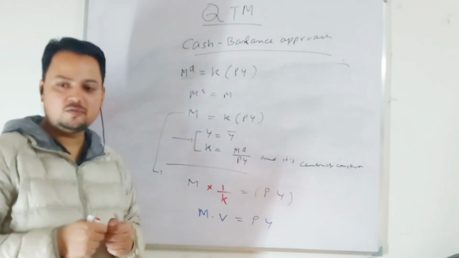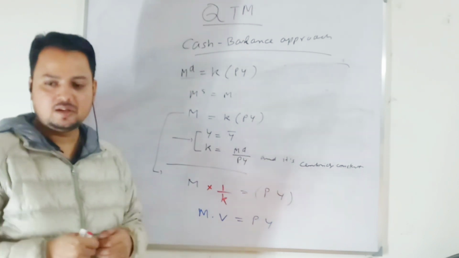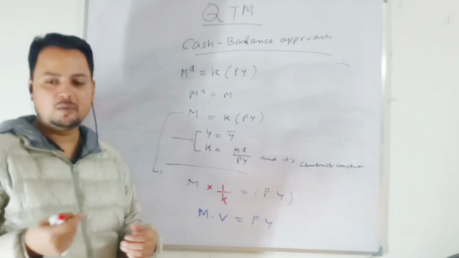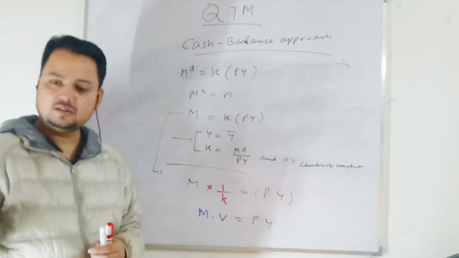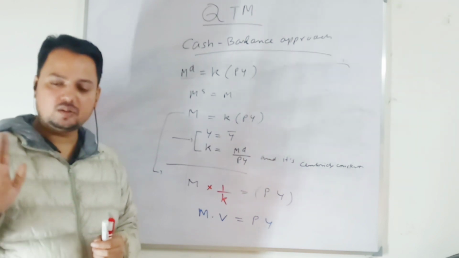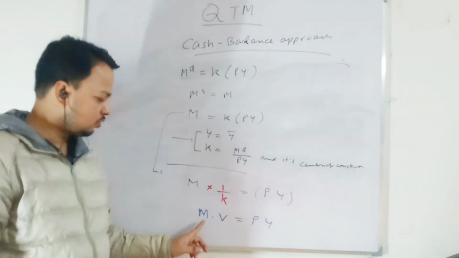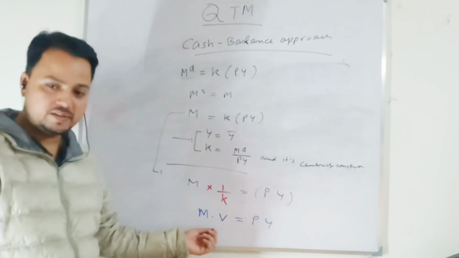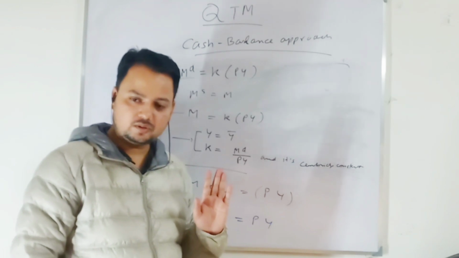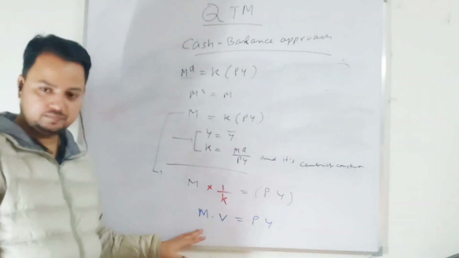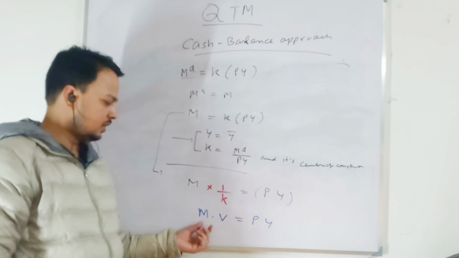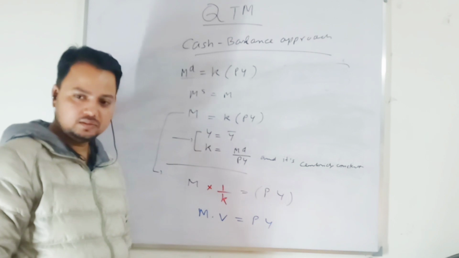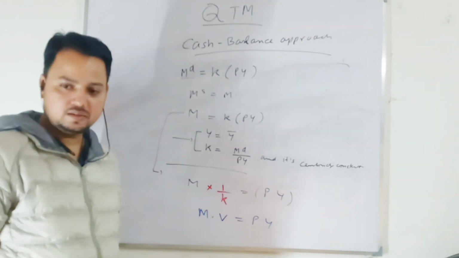So in V, velocity is what? How we are spending the money, because they are talking about money as a medium of exchange. Money has only one role, medium of exchange, and it is the supply that determines output, right? So supply determines the factors in the economy, right? So this quantity of money will form the basis of supply of money. Is it clear? Whatever the quantity of money is, that is the supply of money in the economy, right?